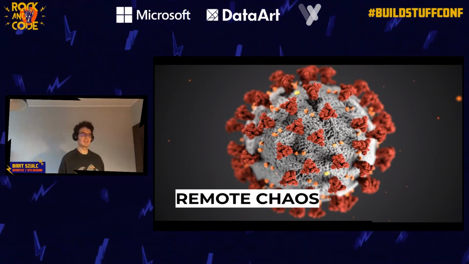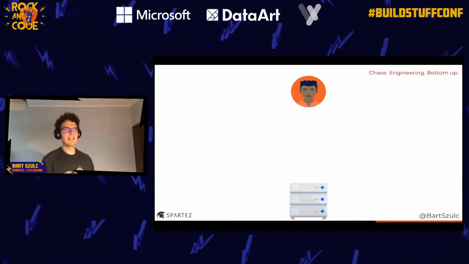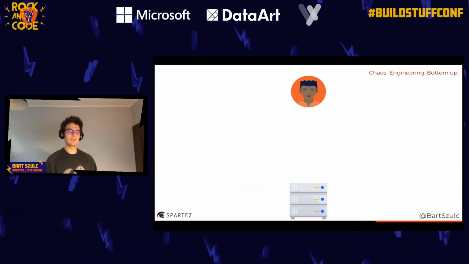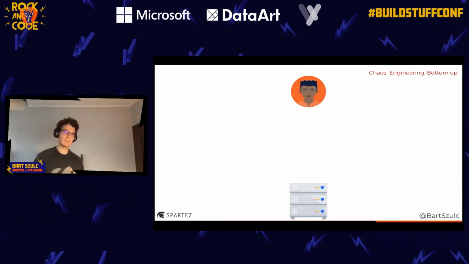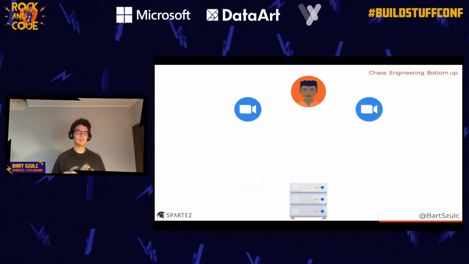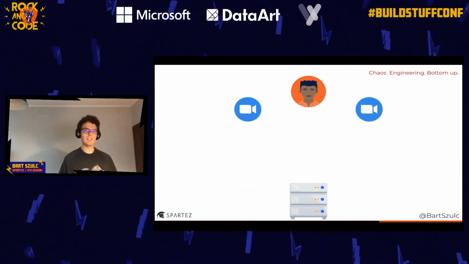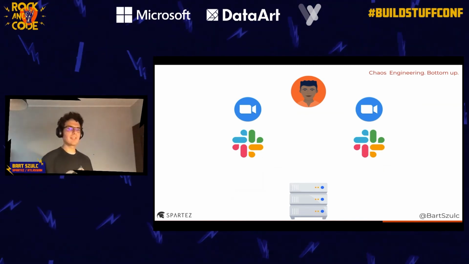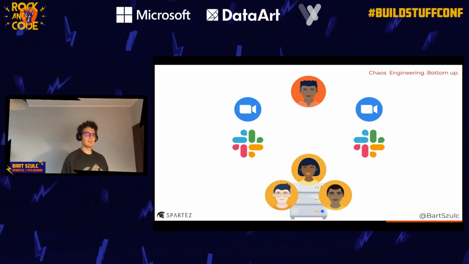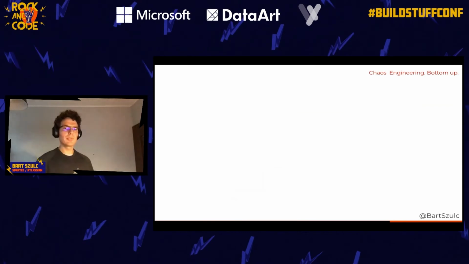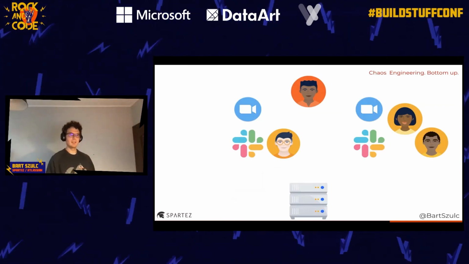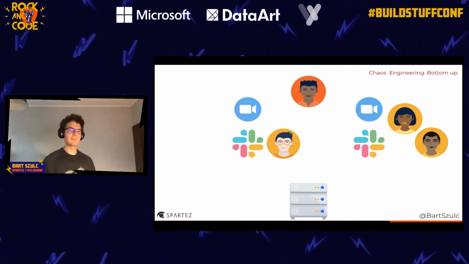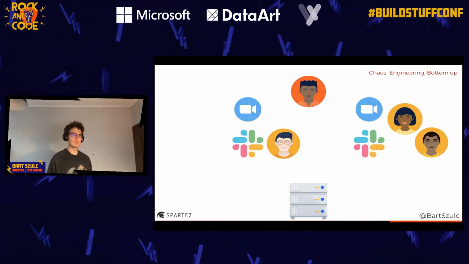Okay, so how does chaos engineering work nowadays when everything is done remotely, and we are working as remote teams? Basically, the Champion is still responsible for driving the sessions. What I do is create two Zoom channels and two Slack channels and invite the yellow team, who are the observers, into both of those rooms. They are split between one and the other, and their responsibility is to take notes on what is happening on those channels.